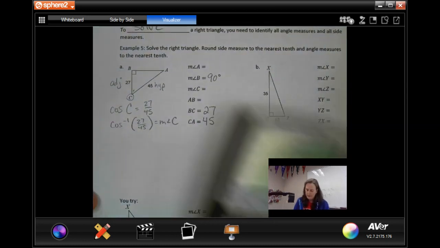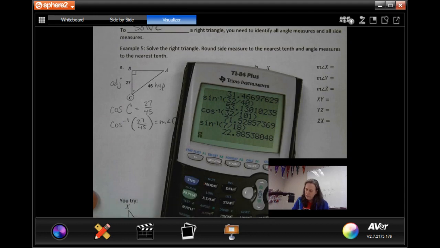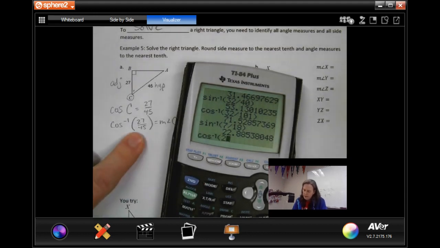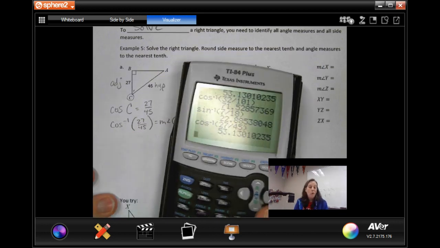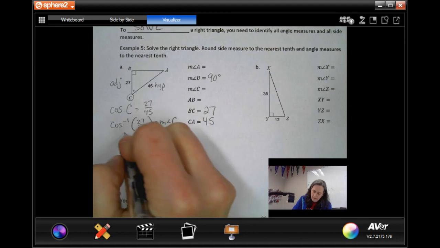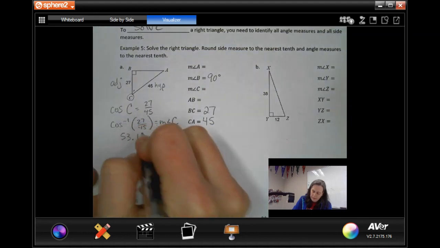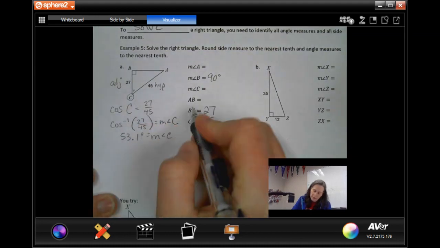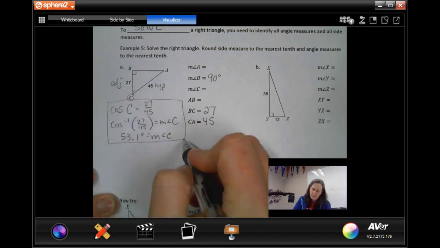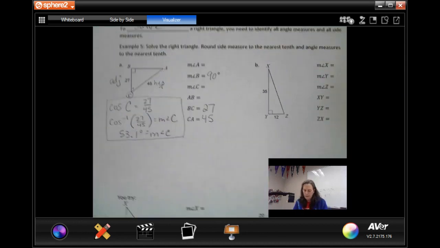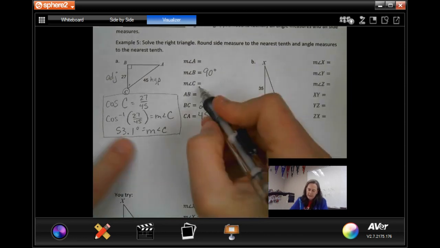I'm going to grab my calculator. Inverse cosine of 27 divided by 45 is 53.1. 53.1 degrees equals the measure of angle C. I'm going to put a little box around this so that as I do the different pieces, I can keep separated in my mind what's what. So the measure of angle C,